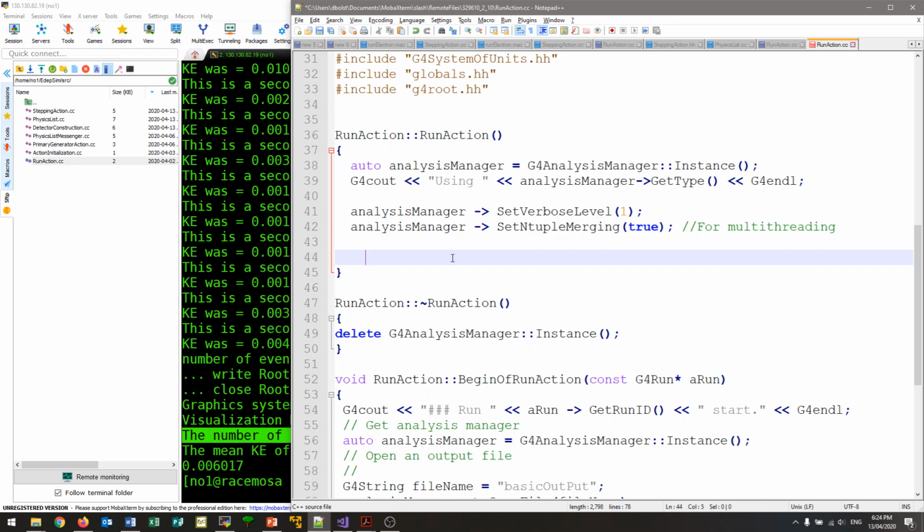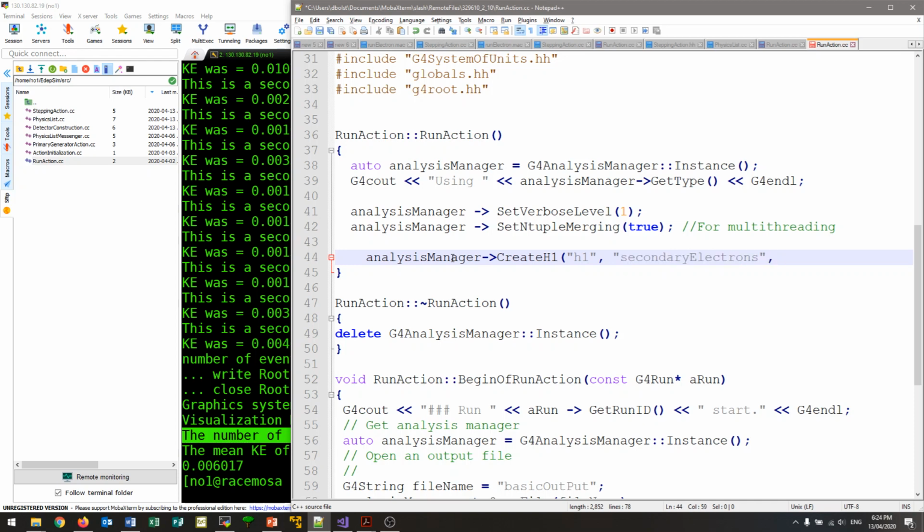If we want to make a histogram, all we need to do is go analysis manager, and then we access the h1 function, and then we give it a name and then a description. So let's call this secondary electrons,